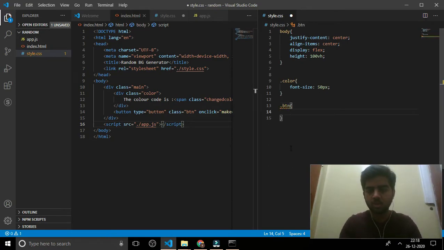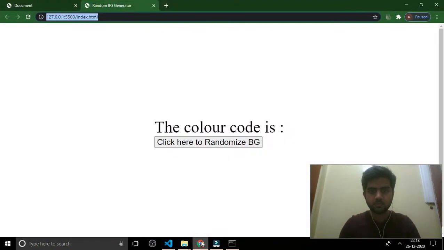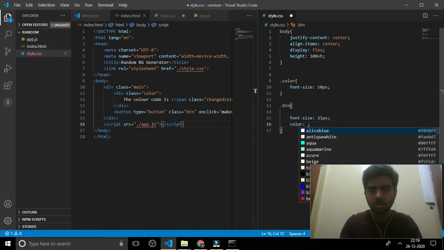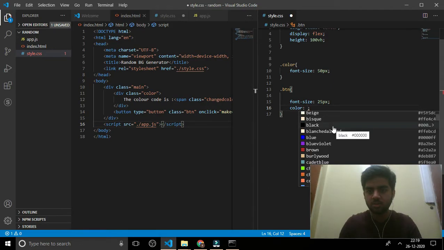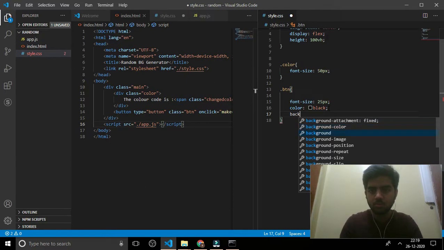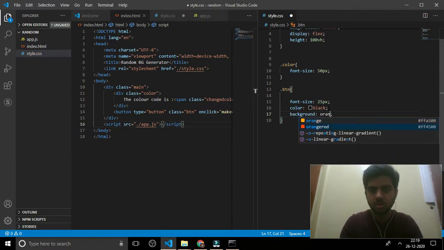Okay, font size be 25 pixels. Yes, now color be some black. Background, I'll keep orange red.